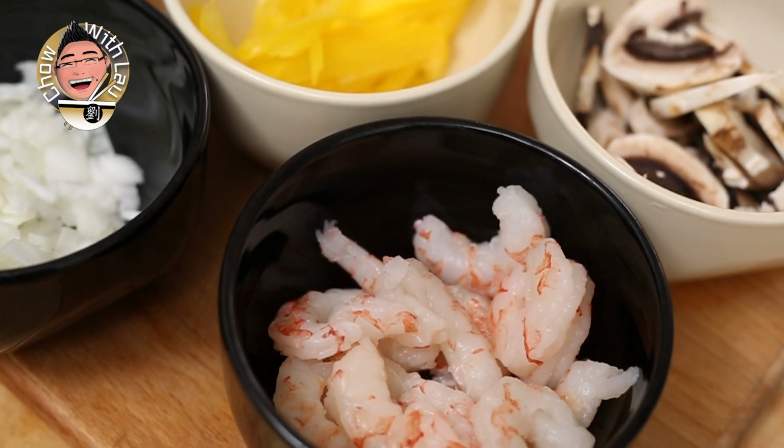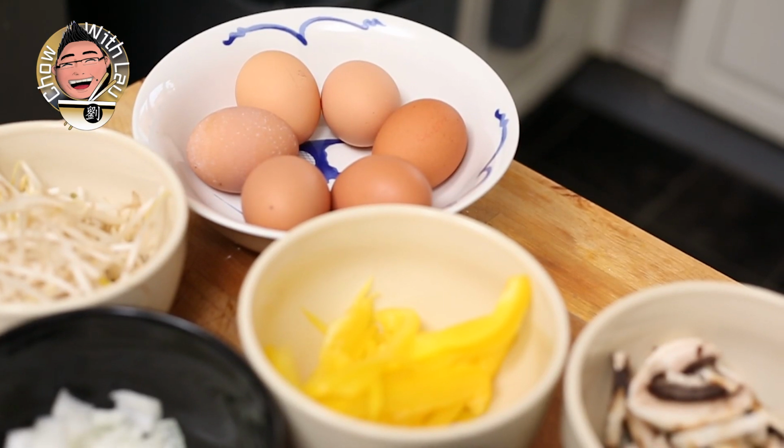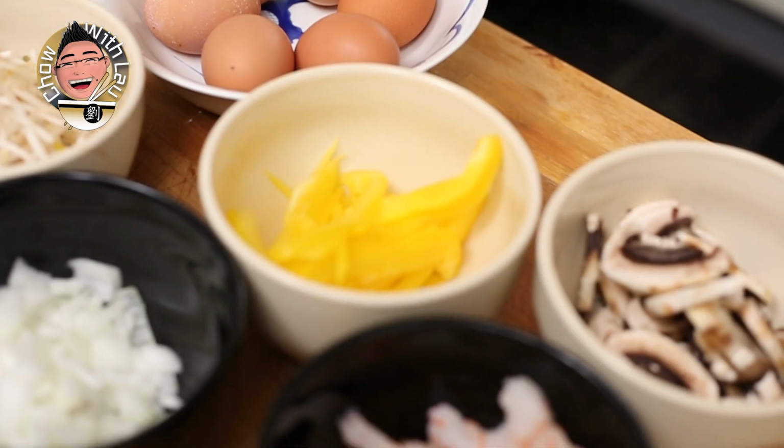So for this recipe, it's going to feed two people. You're going to need 250 grams of king prawns. Get the best ones you can. If you need to devein them and deshell them, of course, do that. To this, I'm also going to add half a finely sliced pepper and about a quarter of finely diced onion. Don't want to overpower it. That's optional. I know some people don't like onion in dishes like this, so if you don't want it, leave